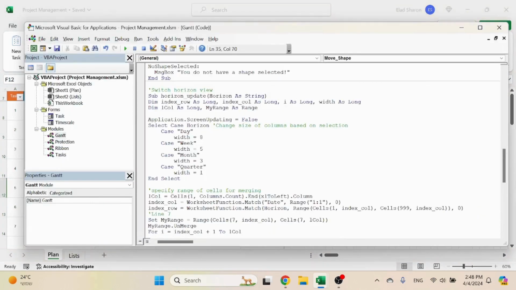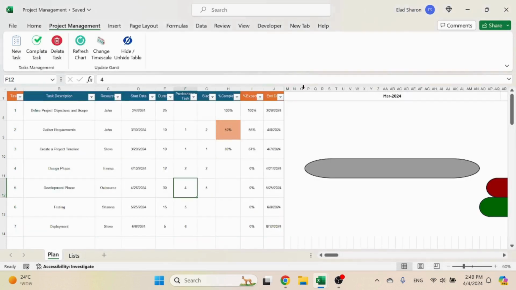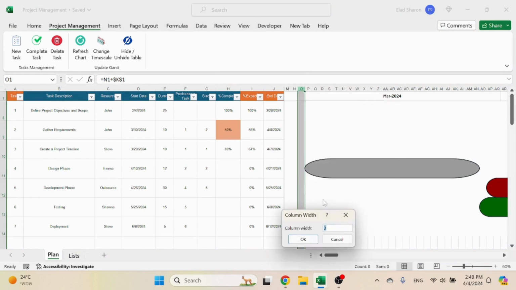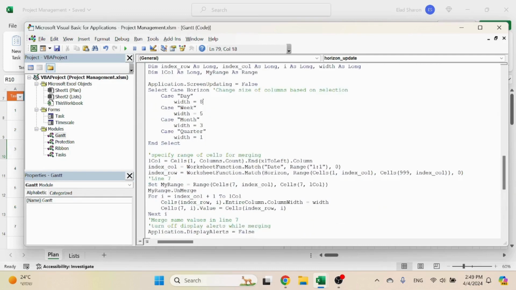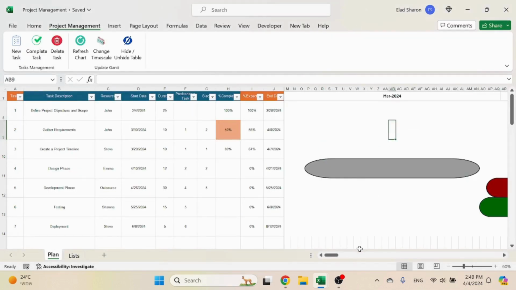And I have select case. So select case, based on whatever value this has, is going to use those codes. So if it's day, week, month, or quarter, the width. I changed the dimensions here. You can see the column here is 3, and I'm changing it: for month it's 3, for day it's 8. The wider, the less cells you can see, and you have to scroll. Basically makes them